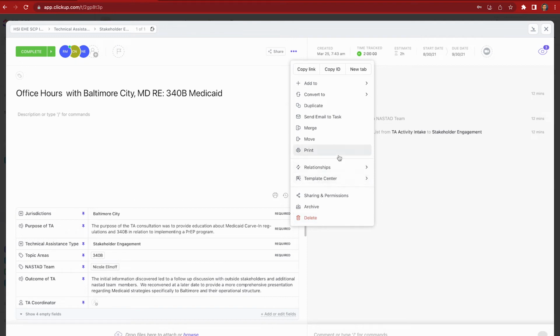So the first thing we're going to want to do is add this to our jurisdiction. So we click on the Add To button, and we're going to click on Add to Another List. Now this isn't going to move this task, it's going to create a copy that's going to tell us that it is a copy, which is going to help us keep the information segmented but still centralized within